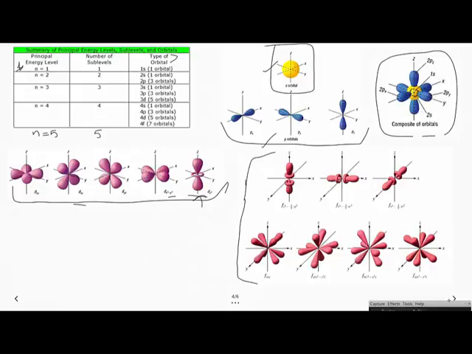So when we put this all together, it ends up to be a cloud of electrons that we are looking at. So you don't have to memorize these pictures. I just thought they were really cool to give you an idea of what each individual section of the cloud looks like. So if we summarize the principal energy levels, sublevels, orbitals, and electrons in here,